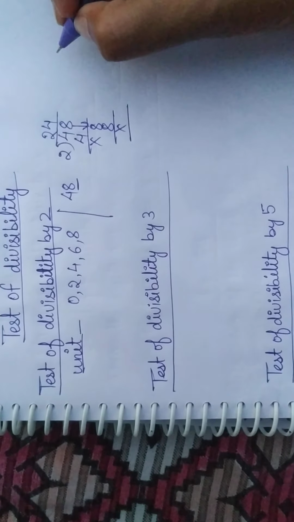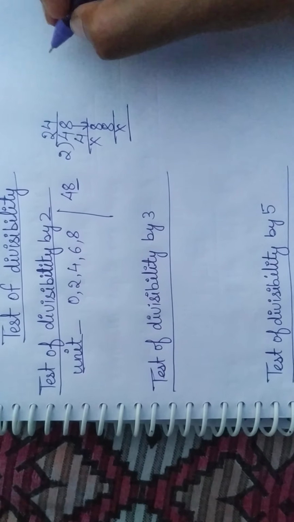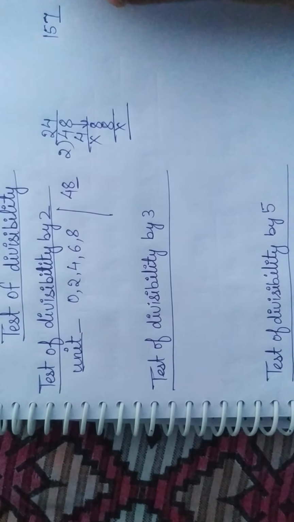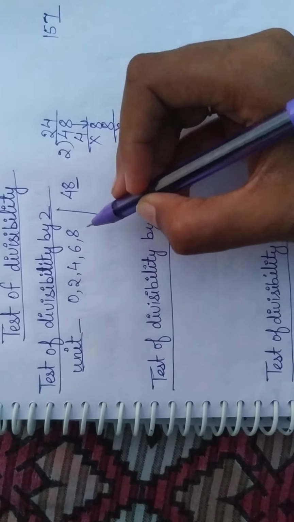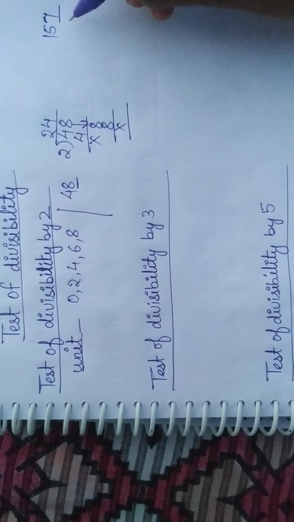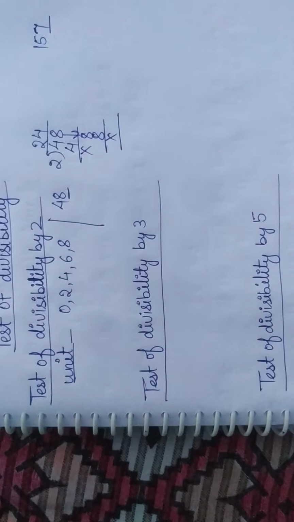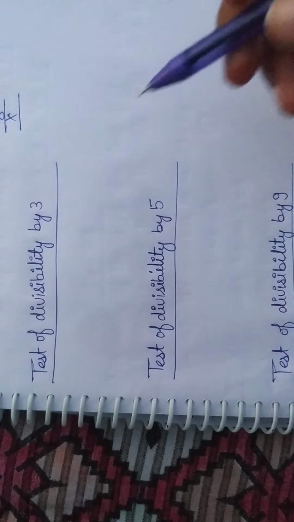Again I can show you with another number which is not even number, means which is odd number. So I can write here 157. You can check ones place of the number. Ones place of the number is 7 and 7 is not there in 0, 2, 4, 6 and 8. So you can say that this number is not divisible by 2. And also you can say if the number is even, it can be divided by 2, and if the number is odd, it cannot be divided by 2. So for checking the test of divisibility, you can say if the number is even, it can be divided by 2 or divisible by 2, and if the number is odd, it cannot be divided by 2.